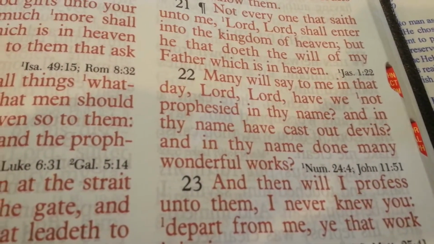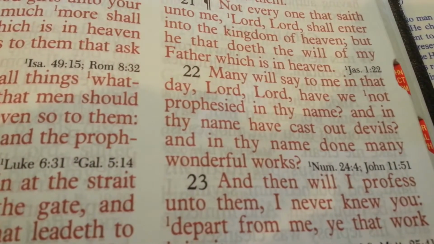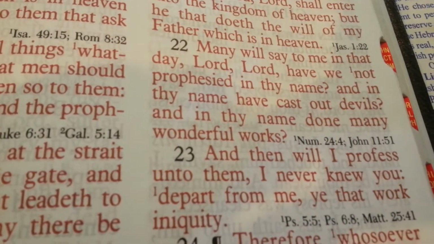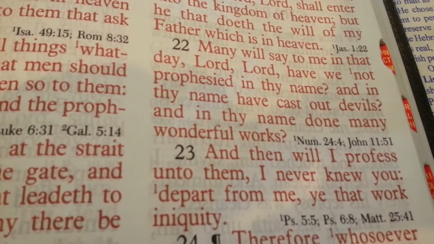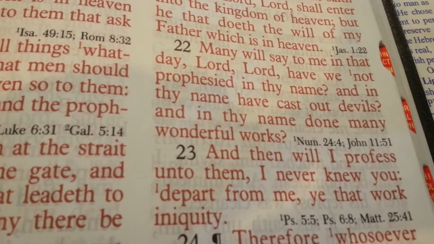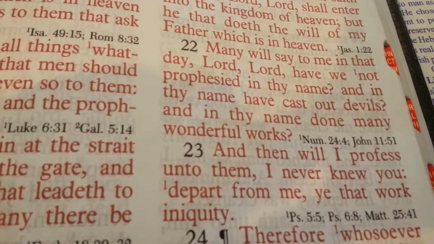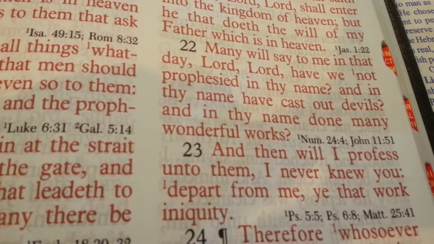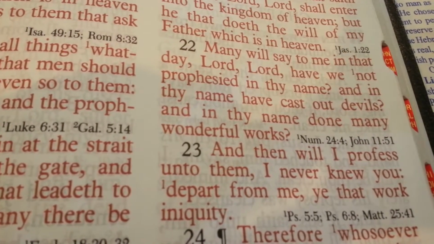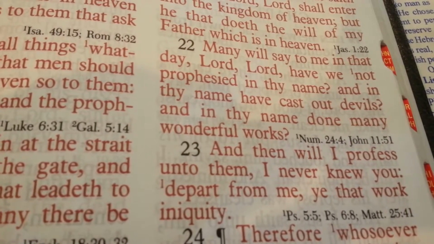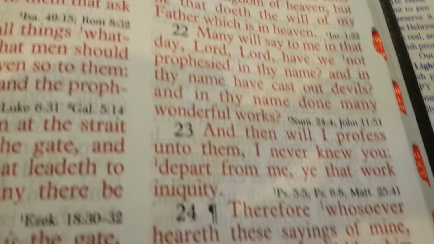Now, these are church people. These are followers of Christ that have done all of these works. And then I will profess unto them, I never knew you. Depart from me, ye that work iniquity. Now, that verse has bothered me for a very long time, because, why? I couldn't figure out how the church could be rebuked and sent away by Jesus until I discovered